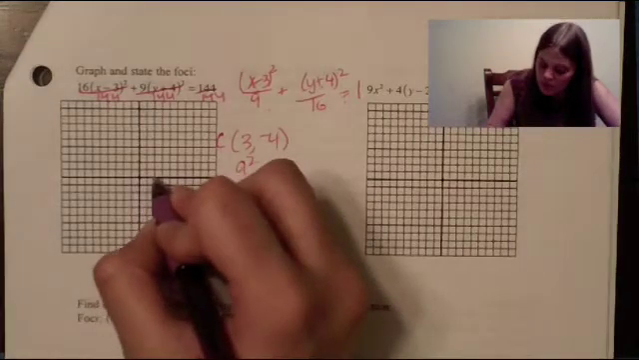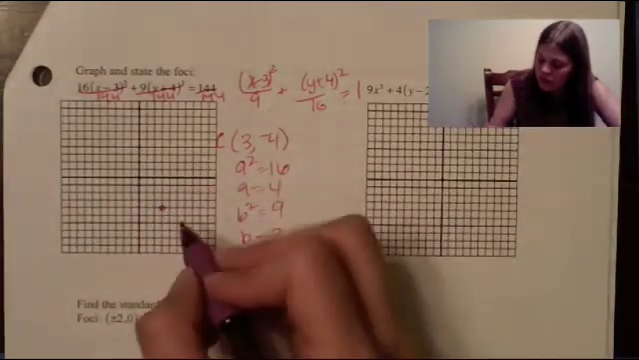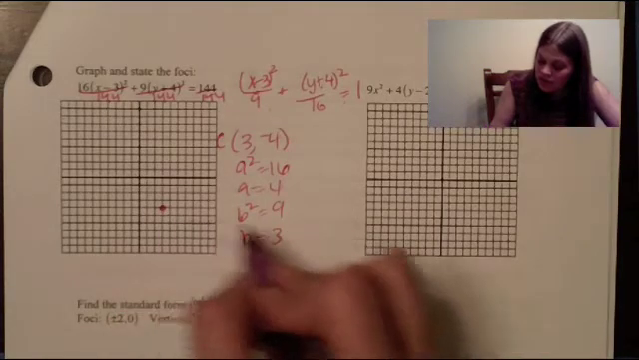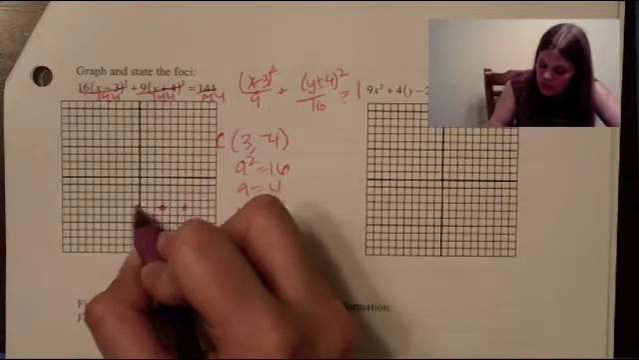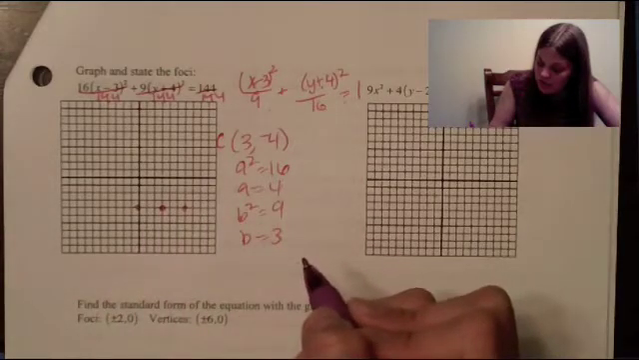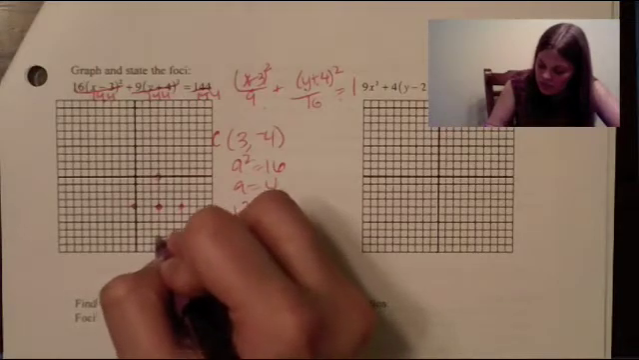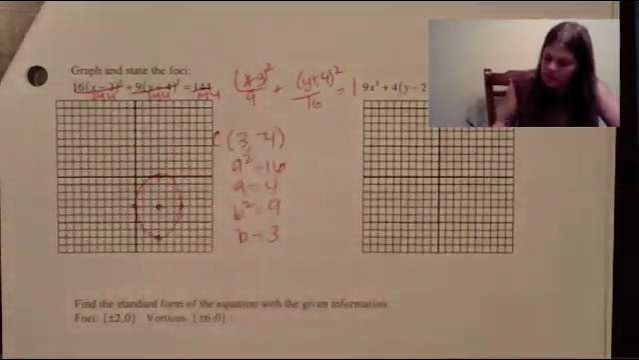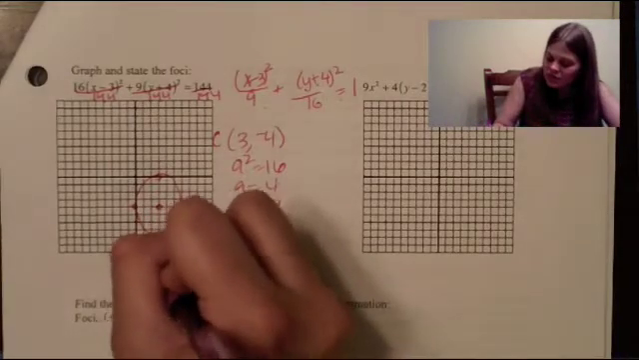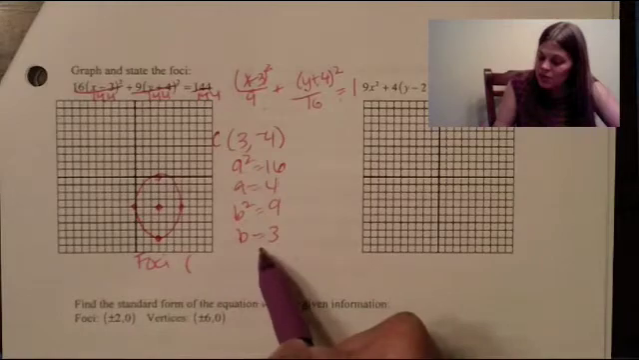So 1, 2, 3, 1, 2, 3, 4. And then I go left and right by 3: 1, 2, 3, and then up and down by 4: 1, 2, 3, 4. Create your ellipse. The foci are located, since the major axis is up and down, I'm going to add to